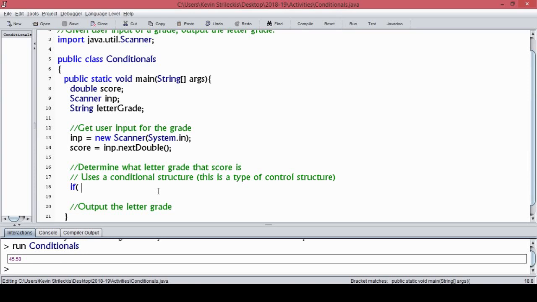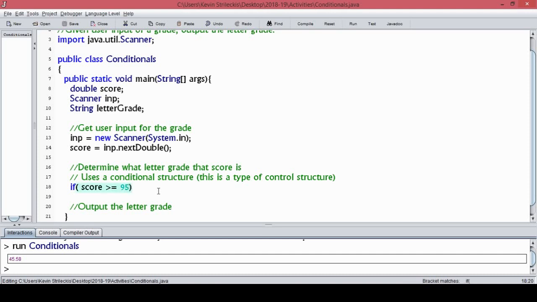An A+ in my mind is a 95 or higher. So what it'll say is if a score is greater than, see how that's a greater than symbol from math? If it's greater than or equal to, which is simply a greater than sign and then an equal sign,